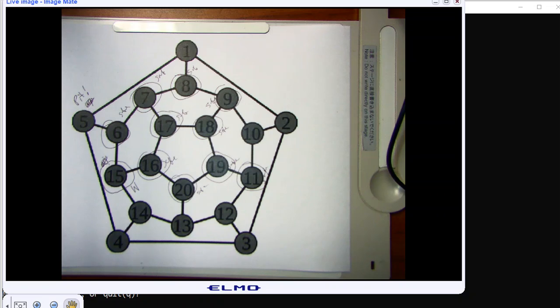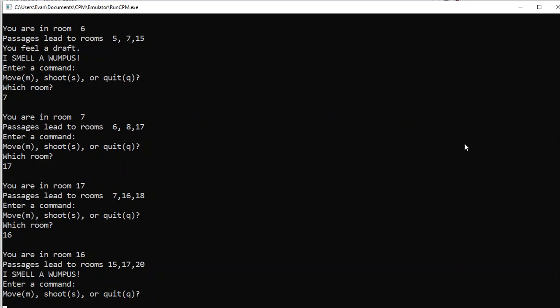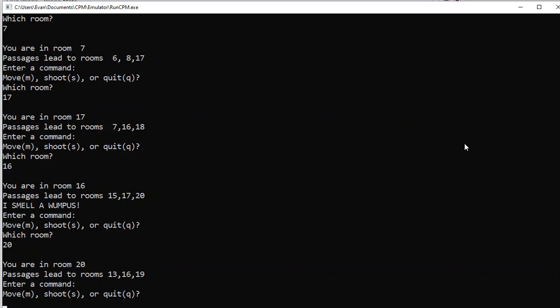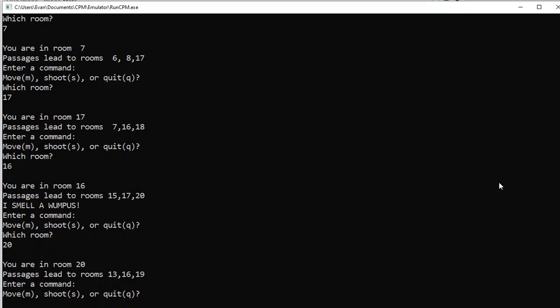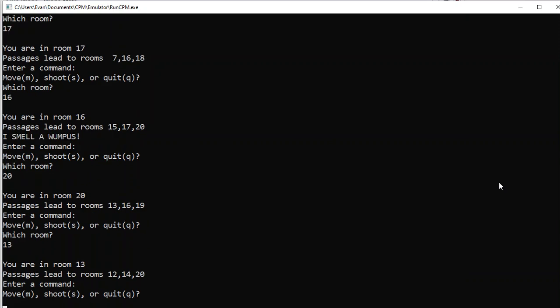And just to test this out, we could also go around to room 20, 13, and 14. We could try to get to this from the other side, just to drive the point home. Let's do that. Let's move to room 20. And there's nothing there. We know room 13 is safe. So let's go there. Move 13.